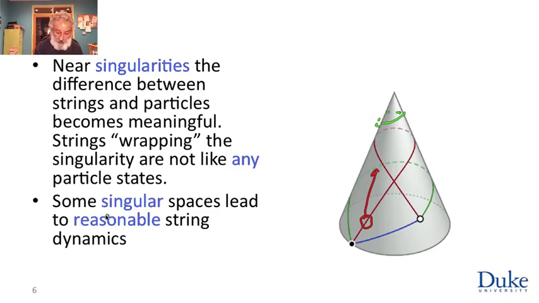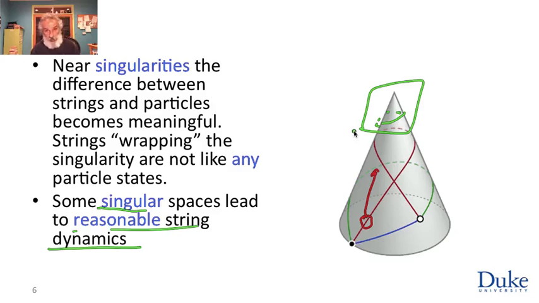So some kinds of singular spaces, and this cone is an excellent example, lead to completely reasonable and non-divergent and non-ambiguous string dynamics. So maybe the promise that suggested that string theory would be a quantum theory of gravity, and therefore would correctly tell us how to discuss the singularities with which general relativity is plagued, well, this is a first and somewhat encouraging sign. I should say that only some singular spaces lead to reasonable string dynamics. There are spaces on which the string dynamics can be singular. Okay, so string theory is worth it.